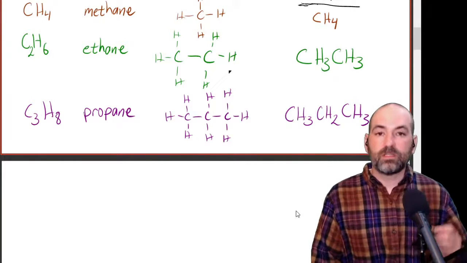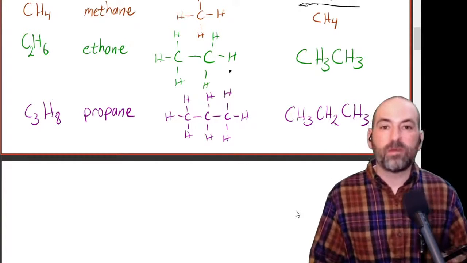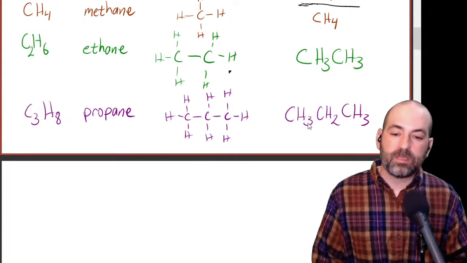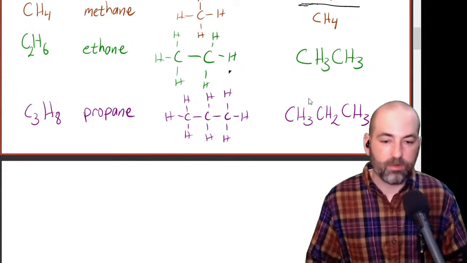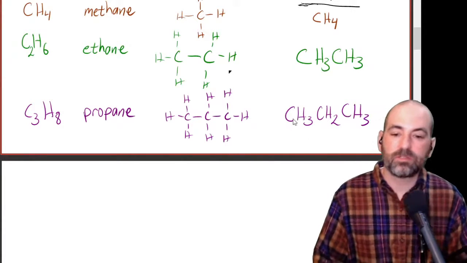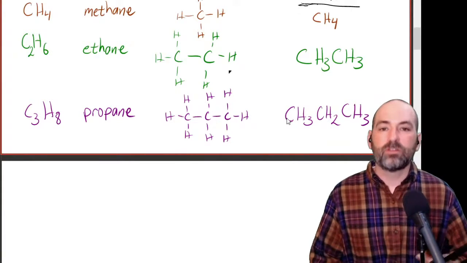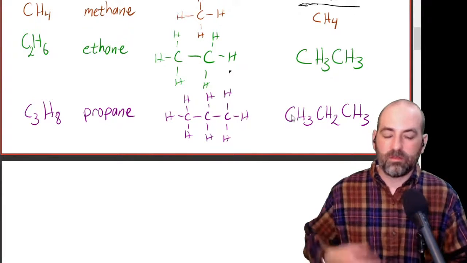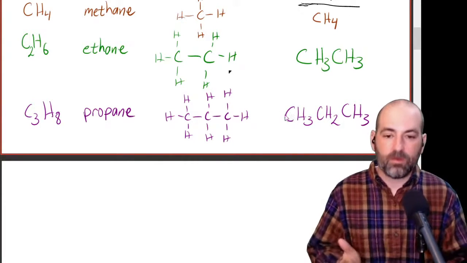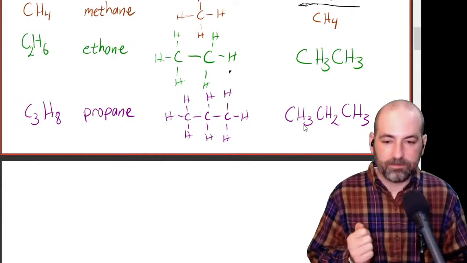Now, the condensed formula does require that you know a little bit of something about chemistry, because you have to know that those hydrogens aren't all in between the 2 carbons. If you saw a formula like this and you wanted to translate it to a Lewis structure, we'd have to know that hydrogen only makes 1 bond, and that's why we can write it there, because those of us looking at it know it's only making 1 bond. It's not going to be stuck in between there.